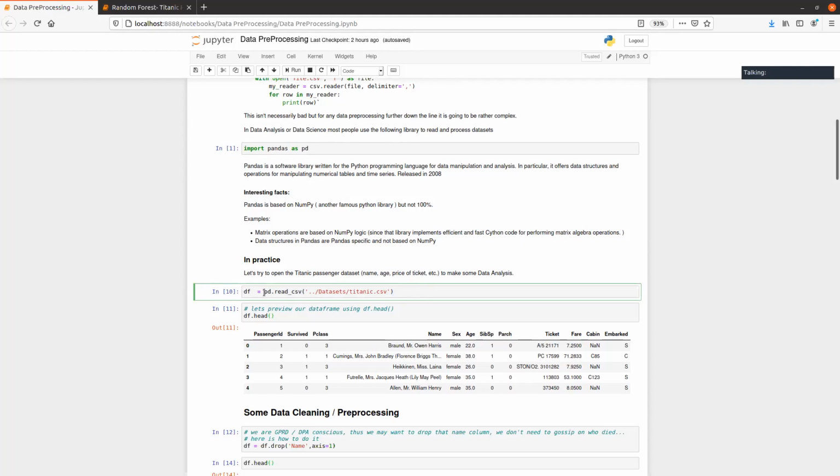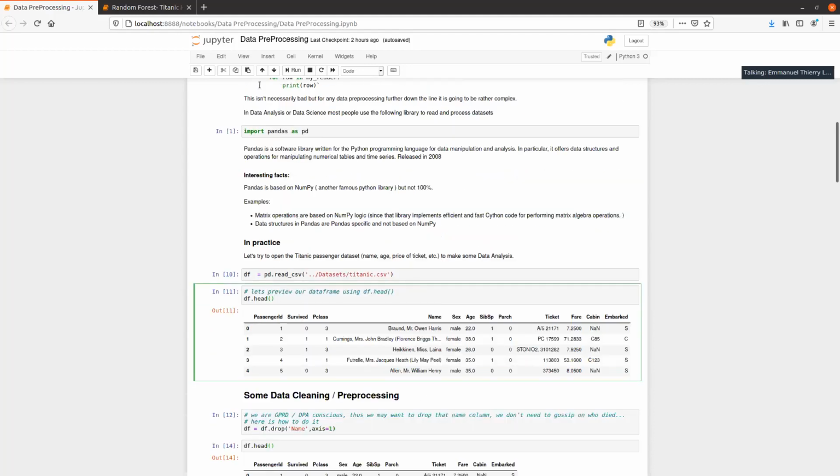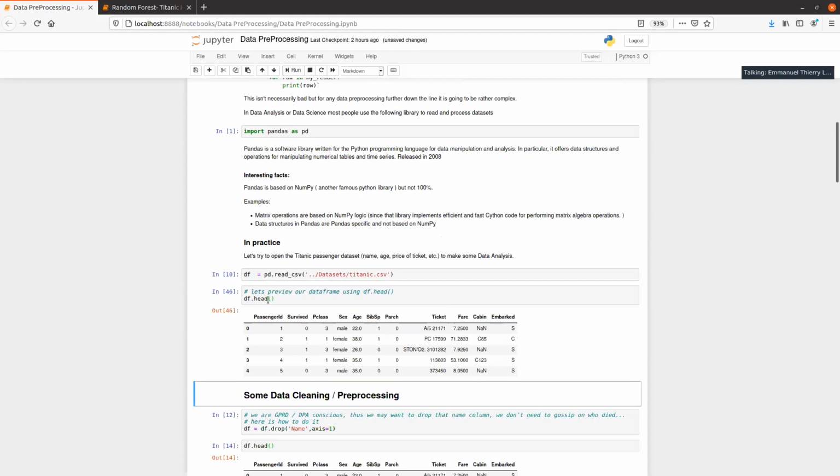Just do pd.read_csv if the dataset is a CSV, and it will read the dataset. If you compare that to what we saw above, that is already much shorter. And you can perform the following command, which is df.head, to see a snippet of the current dataset.